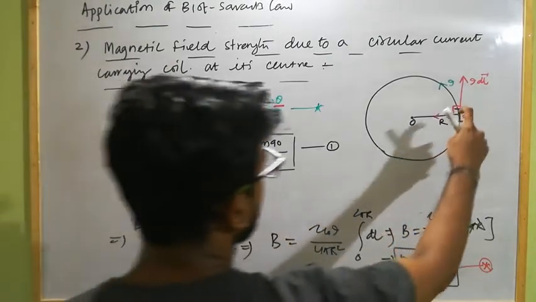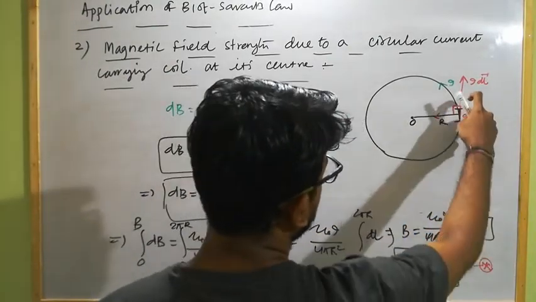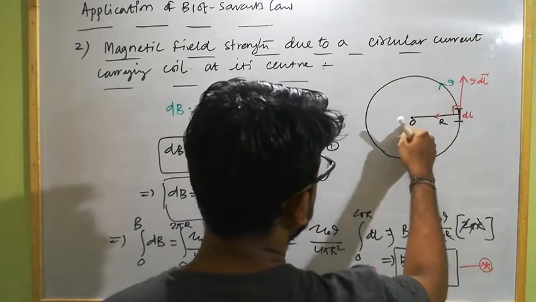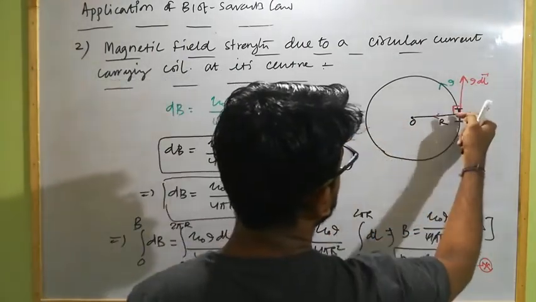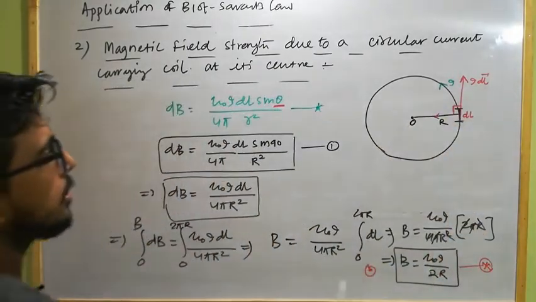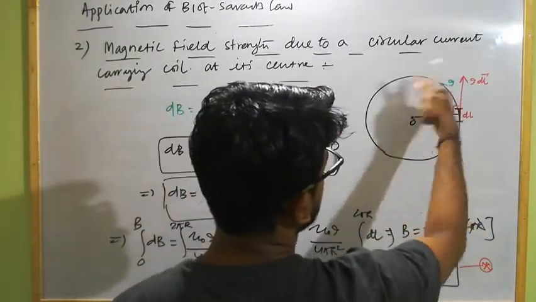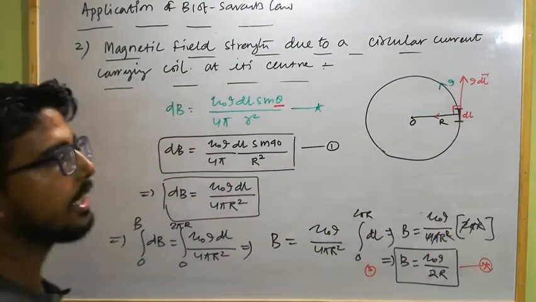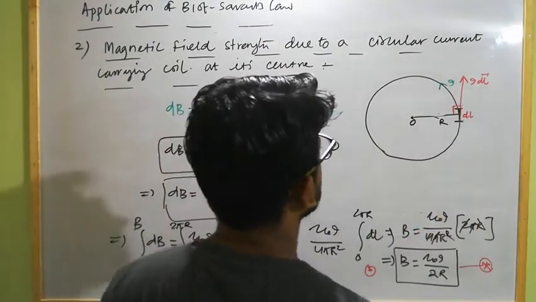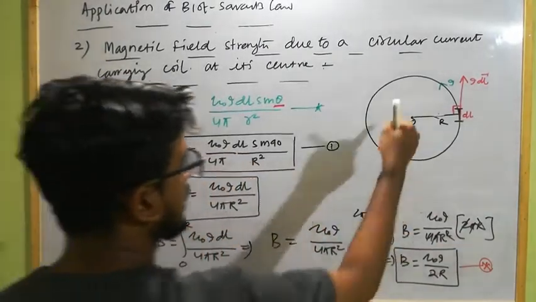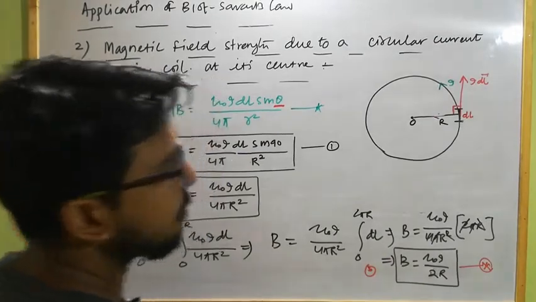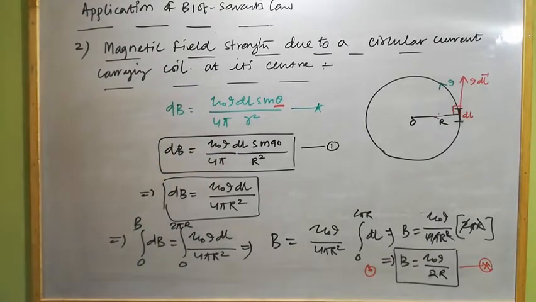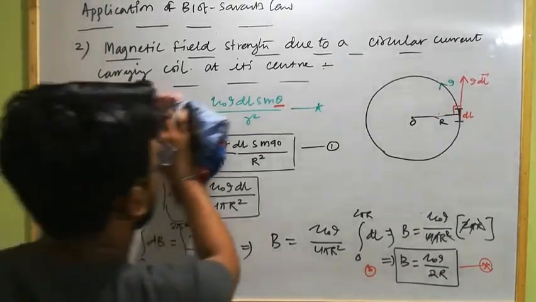So first of all we have to assume a current carrying element of length dl, due to which the magnetic field strength at the center will be this much, because the angle between the current carrying element and the position vector of the point of observation is 90 degrees, as the direction is tangent to the circular coil. So every tangent makes an angle of 90 degrees with what? The radius of the circular coil. So the net magnetic field strength at the center will be mu naught I by 2R, and its direction we can obtain by using the right hand thumb rule or right hand palm rule. Clear? So now let us discuss some cases of this.